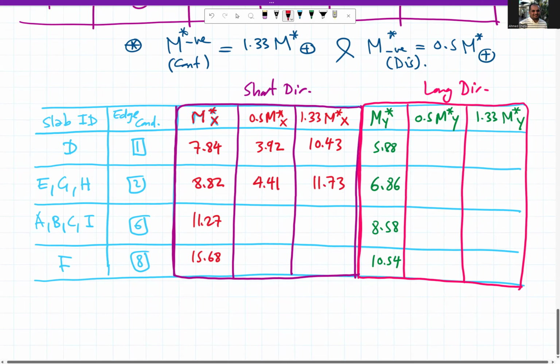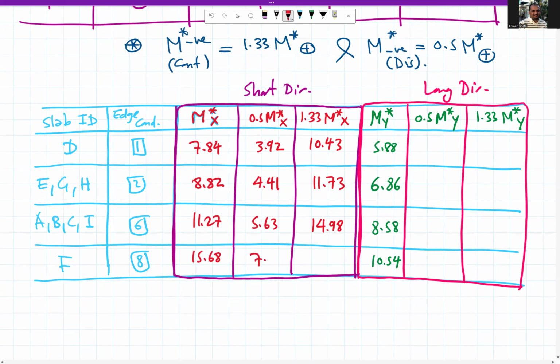Here we have 11.27 times 0.5, 5.63, and 14.98. And finally, we have 7.84 and 20.85. So the maximum moment, as you can see,